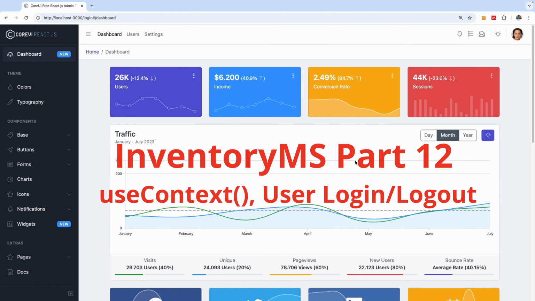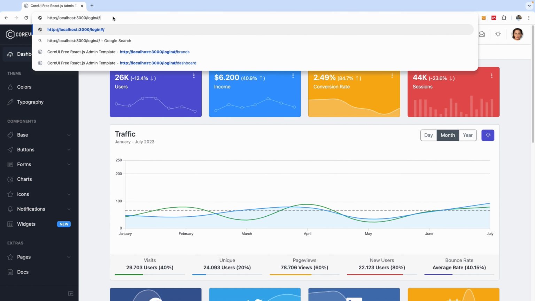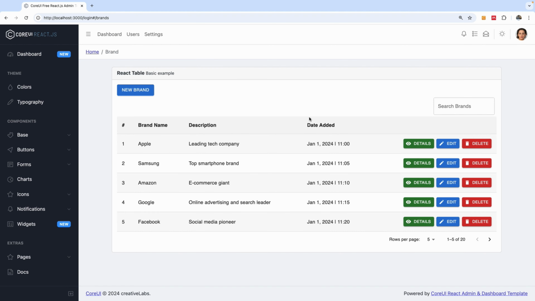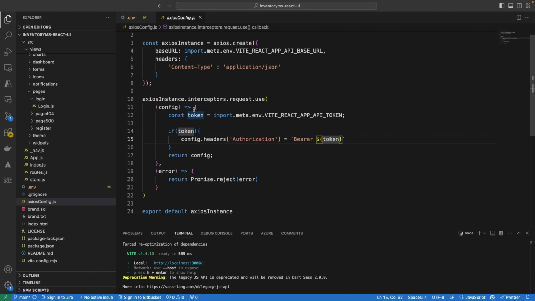In this tutorial, we are going to continue from where we stopped, and this will be part 11. In the previous tutorial, we were able to set up the JWT, so we're able to retrieve data. But you can remember that we set the JWT in the .env file. So the JWT token is retrieved in the Axios config. You can see we retrieve the token here and then use it as a header to the request going out from